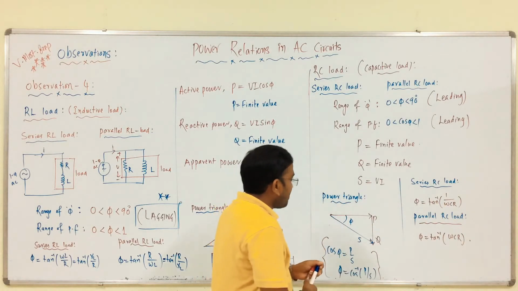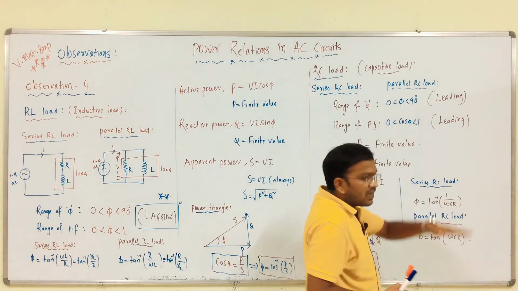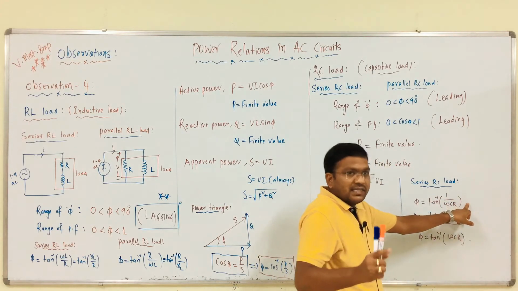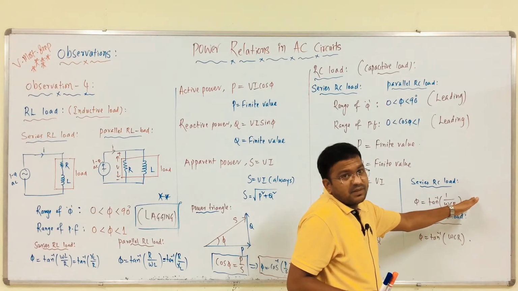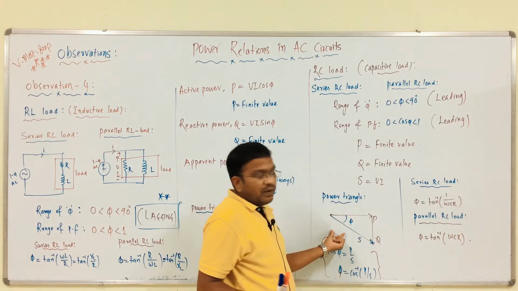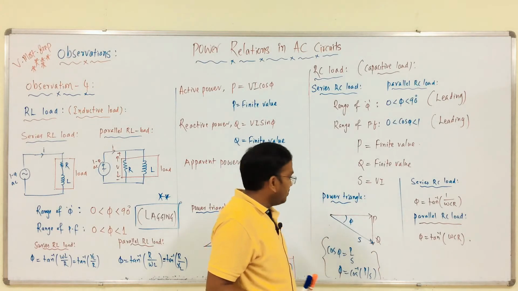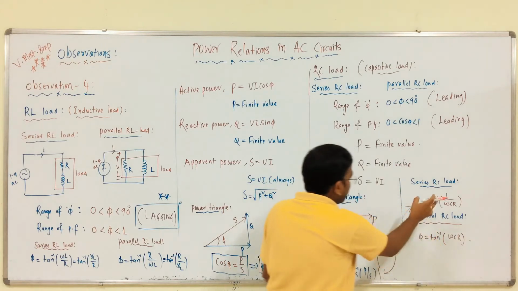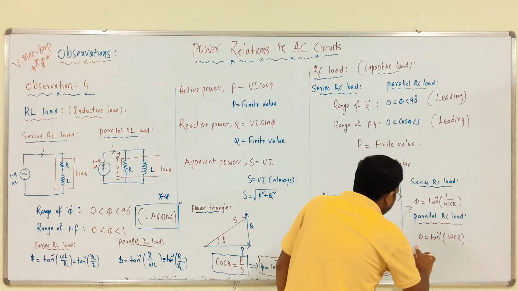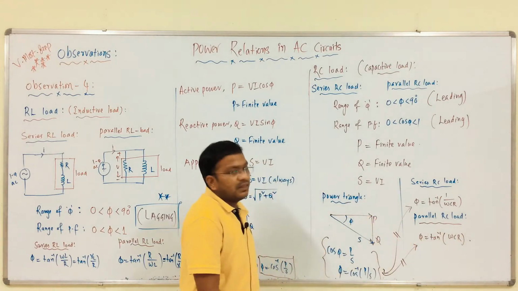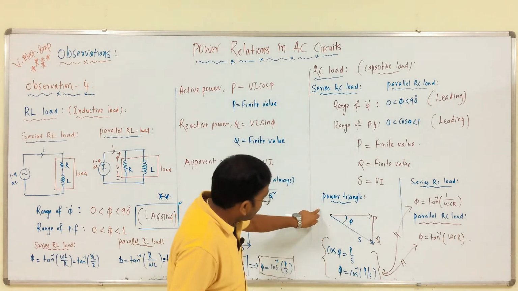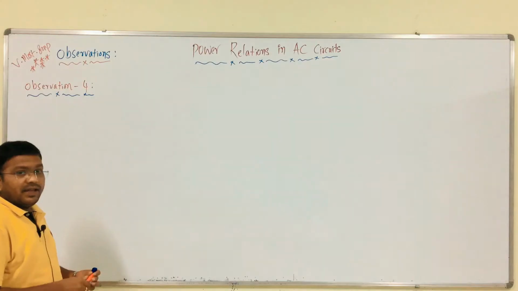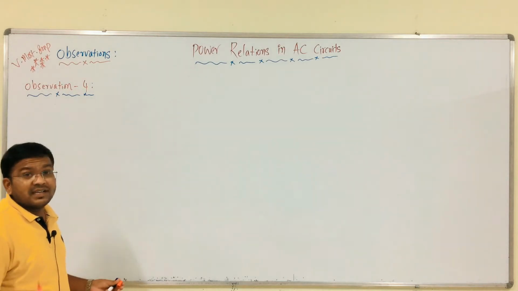For example, if the examiner provides the problem with respect to series RC load, then you have a phase angle tan inverse 1 by omega CR. Say you got 30 degrees, then from this analysis also you will get the phase angle 30 degrees, because if the load is series RC load, these two are equal, or if the load is parallel RC load, these two are equal. You can calculate the phase angle from this power triangle, or from this formula. Next we will discuss series or parallel RLC load.